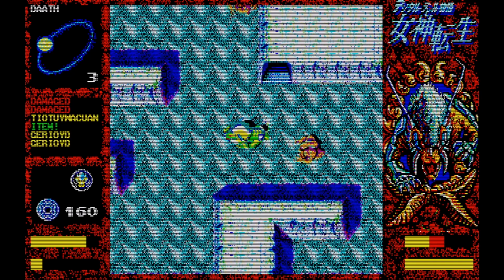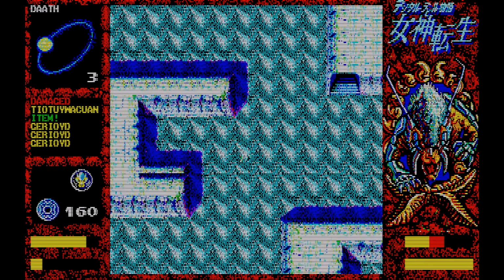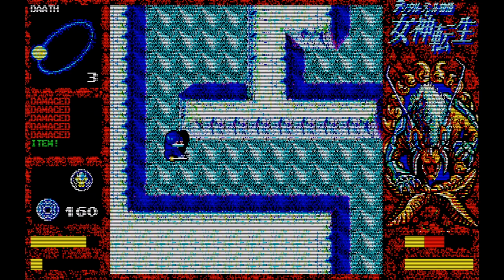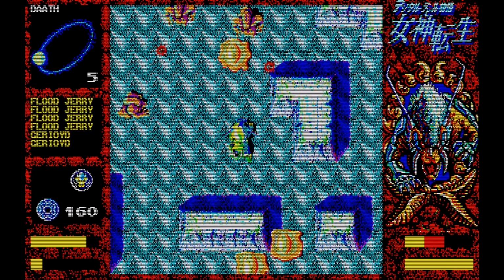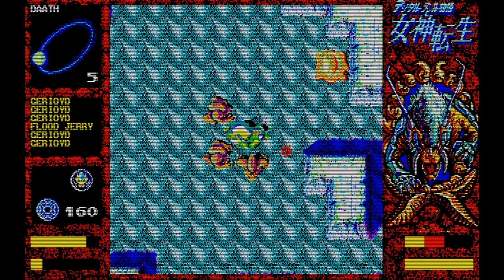Da'at is a dangerous place. The enemies here are fast, aggressive, and there are a lot of them. The game does give you bones to feed Cerberus to keep him summoned, but it's still dangerous to keep him active full time. Carefully knowing when to summon and when to stalk Cerberus, we make our way to the bottom